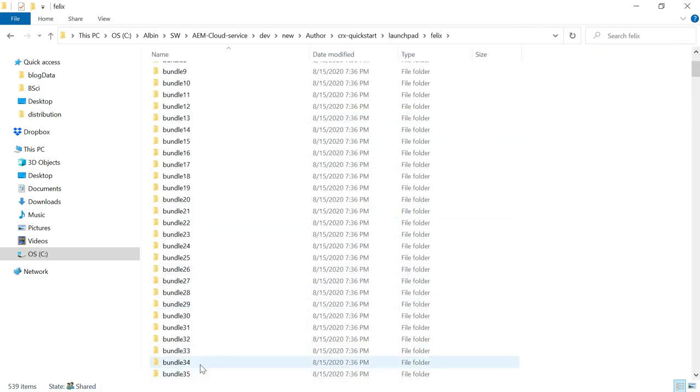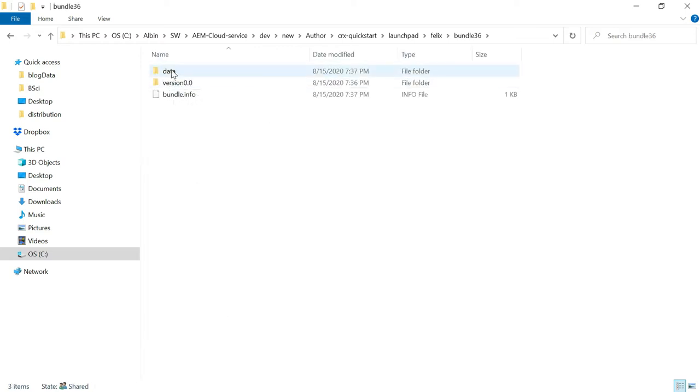Here you can see a folder called data. In it you can see two files, HMAC and master. Copy these two files and place them in the same location in all the publishers. In most cases the bundle number is going to be the same. After that, either restart the corresponding bundle in all the publish instances, or restart the AEM servers.